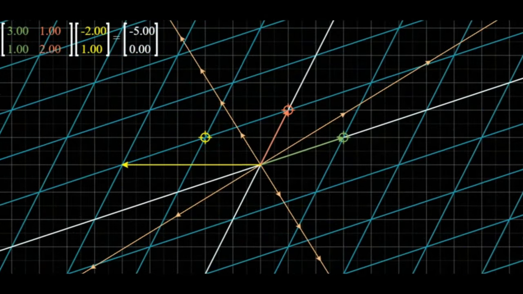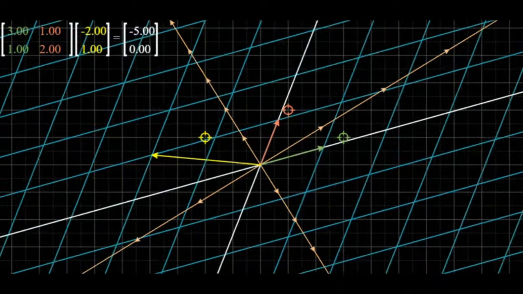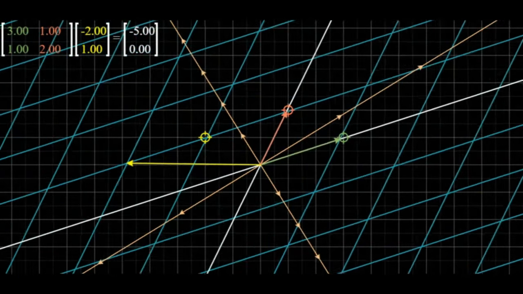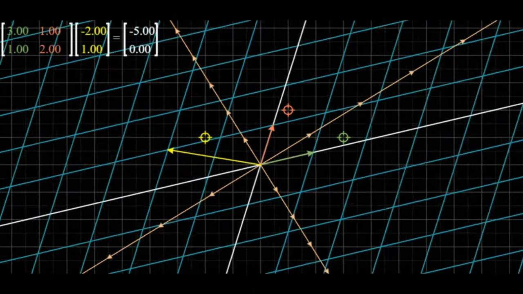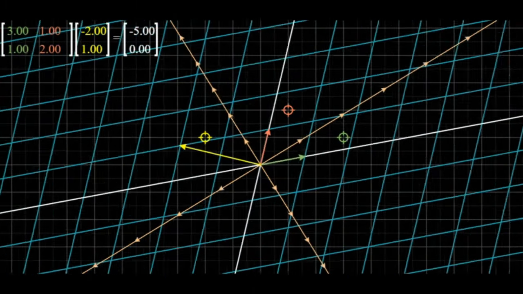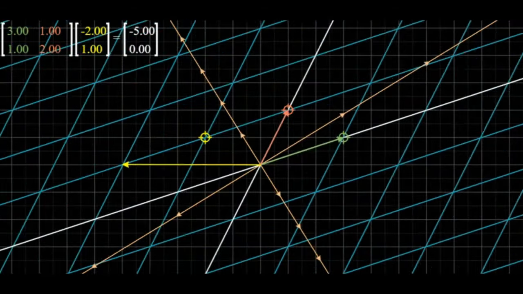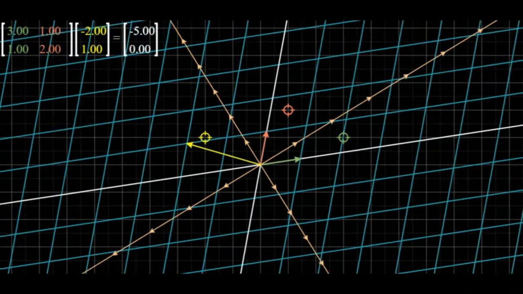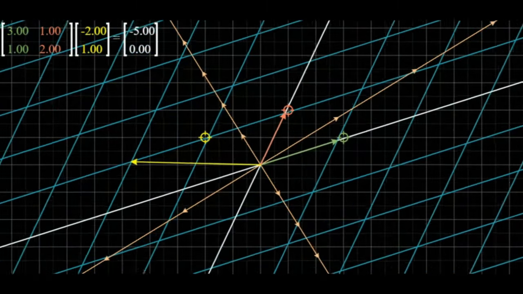Here they are again, running through the map. Everything else is being dilated and kind of moved around in different ways, but everything on those two lines just gets stretched. So we really see how they serve as natural axes for this transformation, and why we can think of all this eigenstuff as showing something about the essence of this particular map.